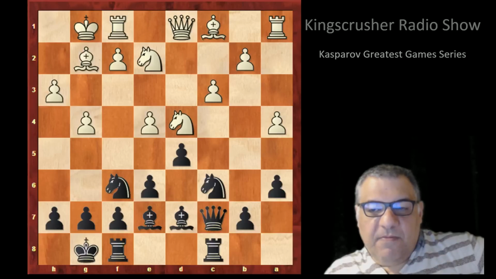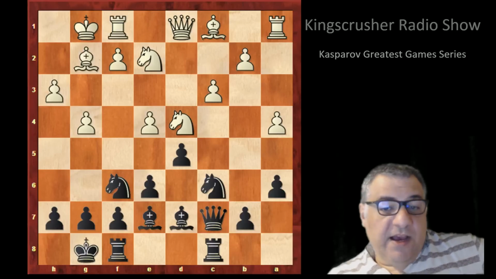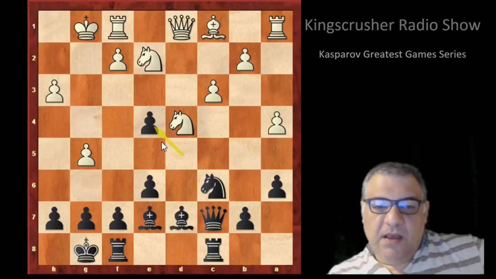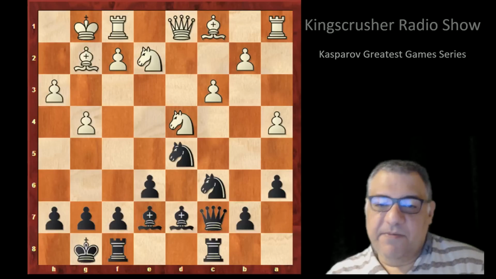So very energetic response, and a very good one actually technically. What does white do here? If he plays g5, just take on e4. That would be massive for black. This position would be really good for black. That's not what white wants. So we have e takes d5, knight takes d5 now,